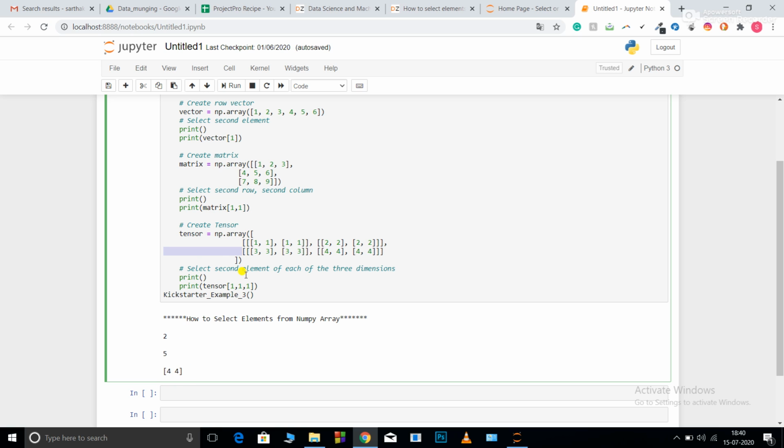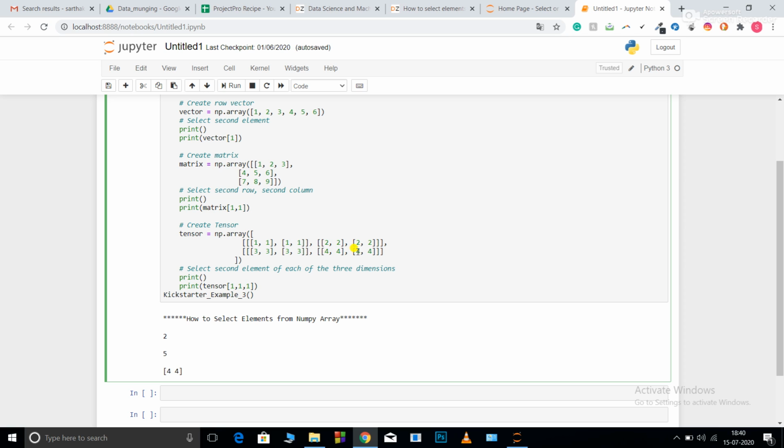Now again this one: for this row, this is 0 and this is 1, so 1 means it will go to this. After that I am writing 1 again. So if there are 4, this is 4 and 4 and this is 4 and 4, this means it will select this instead of this.